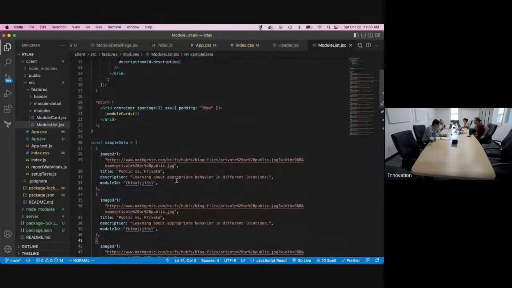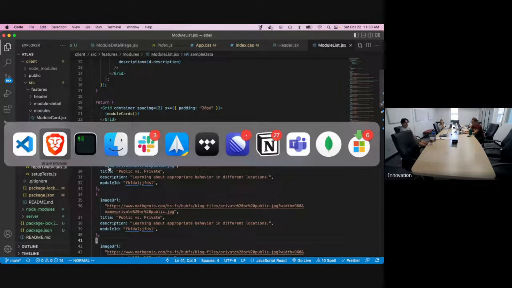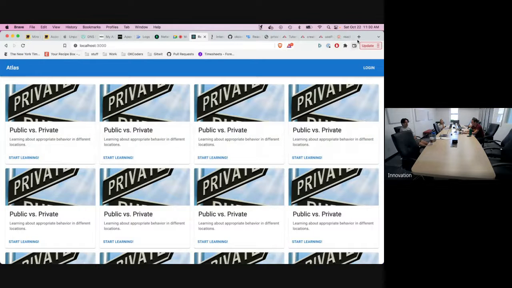In the database, we'll have a modules collection, and that'll have some of this data, but this is the very limited detail of it: the title, card image, description. And then it will also have,